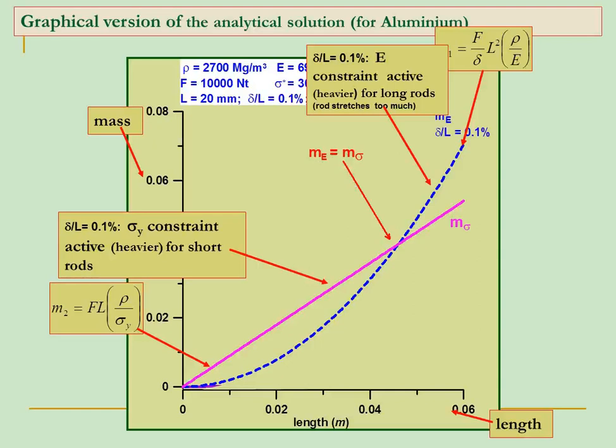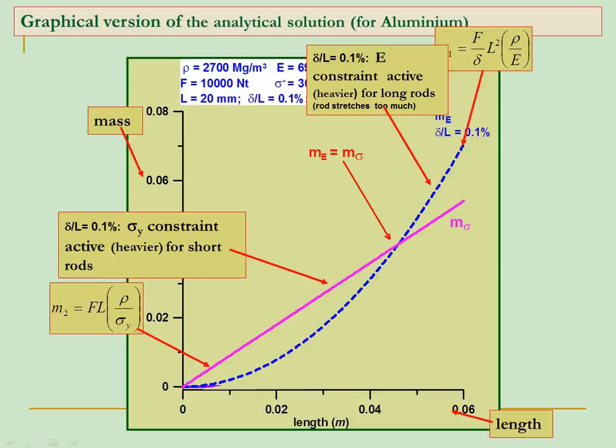Let us see what happens if I plot this delta by L value of 1%, because we said we will plot it for two cases. Delta by L value of 0.1% means delta by L is the measure of the permissible deflection per unit length. It's a lower value, that means I need a stiffer material. When the permissible value is 1%, I need a less stiff material.